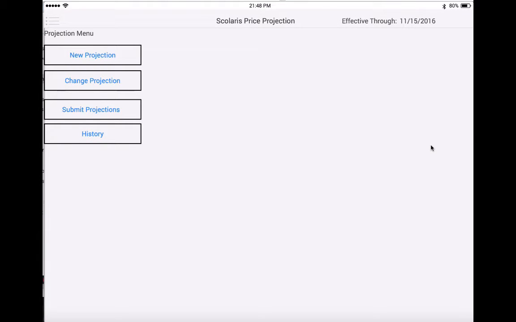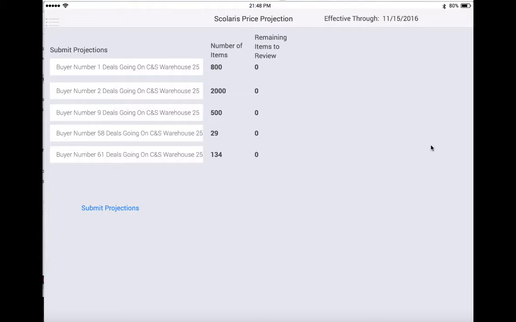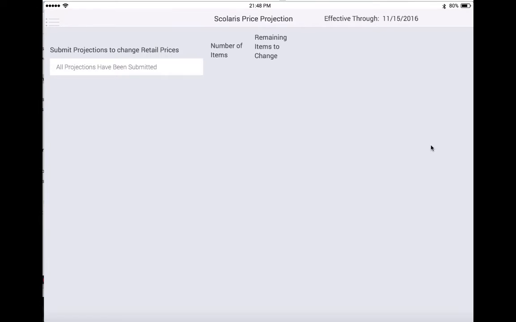So I'll just press Submit Projections. Okay, there's the projections I finished. They look good, and I don't have any items left to review. I see that I press the Submit Projections, and it asks me if this is okay. I'll press OK. Now I see the screen that shows that my projections have been submitted. That was easy. I really could have used this last year when I needed to work at home on maternity leave.